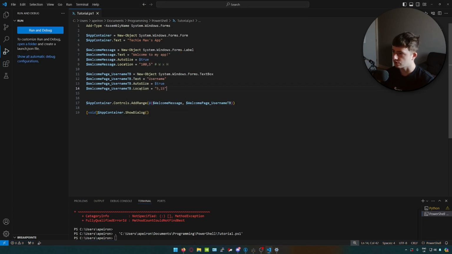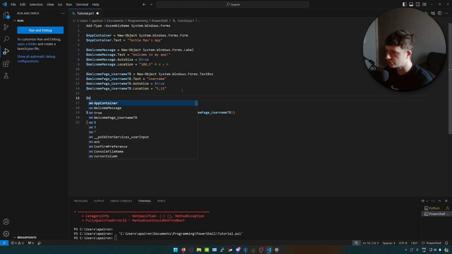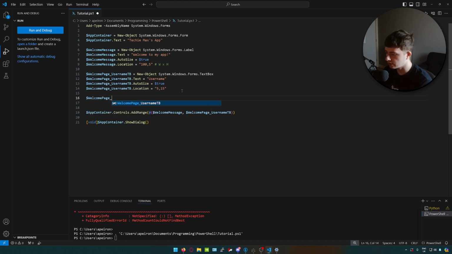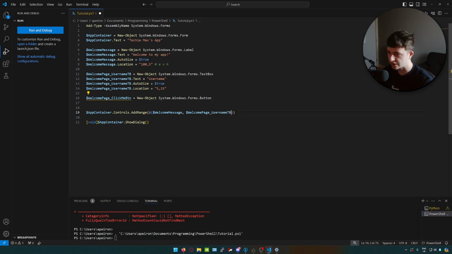someone was to click a button, so we'll create a button now and just show this proof of concept. We'll just do the welcome page underscore click me button equals a new object. And as you might be able to tell by now, even without doing it, we'll be adding a button. So we'll add this variable to the